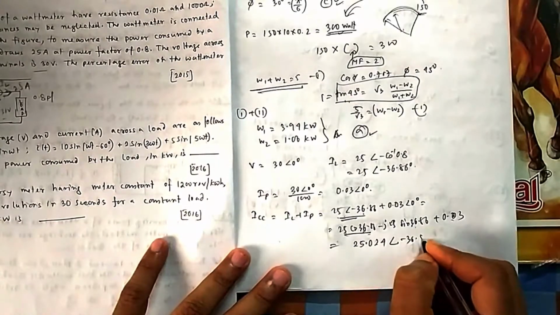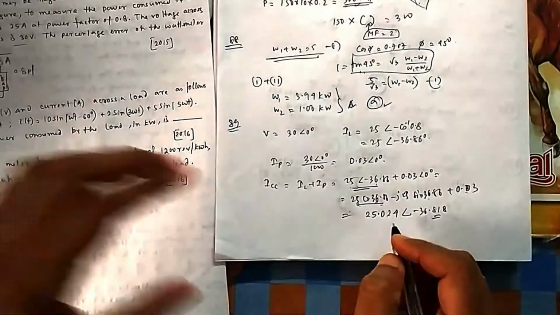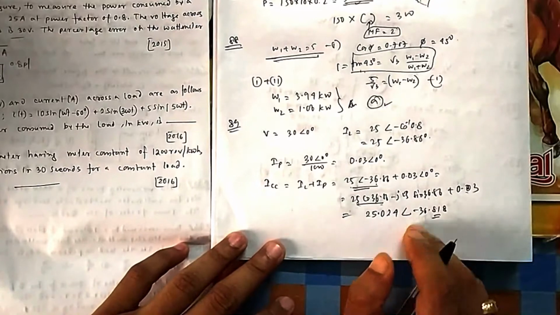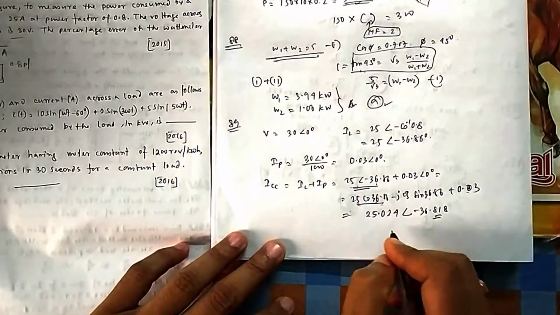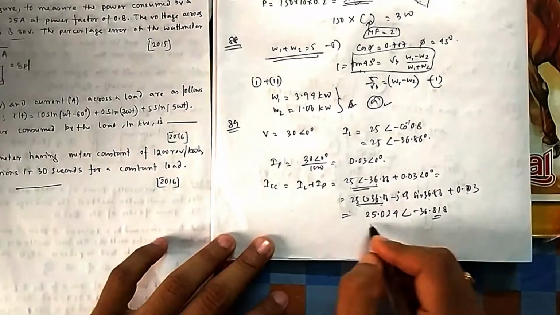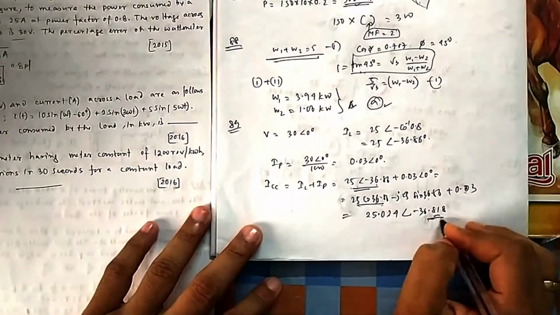Then finally you convert it again into polar. I think you know all this. In the complex number portion, the basic module of mathematics that I am covering, I have not covered it yet. I am on coordinate geometry now. After completing coordinate geometry, I will go to complex numbers. Then you can find in the basic module how to convert polar to rectangular and rectangular to polar. Okay, this is the current that is measured.